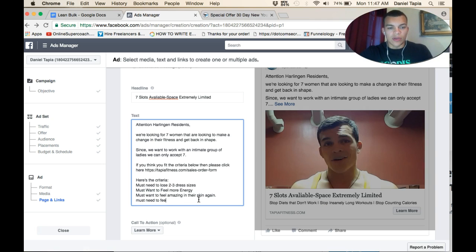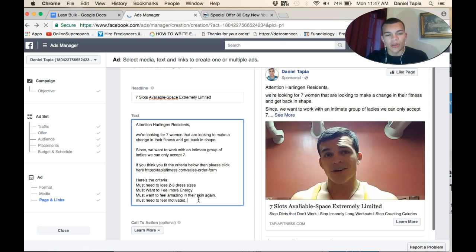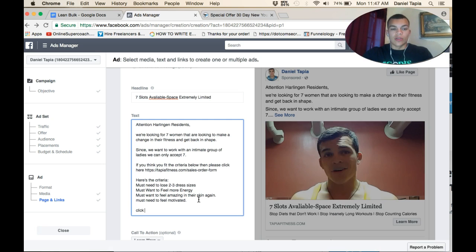They need to feel motivated, right? Because this is all the things that they deal with. They want to lose the weight. They want to feel more energy. Like, who doesn't want to feel more energy? You know what I mean? You're just giving them that pre-frame. But anyways, that's what you're going to do. And then you bring it back,